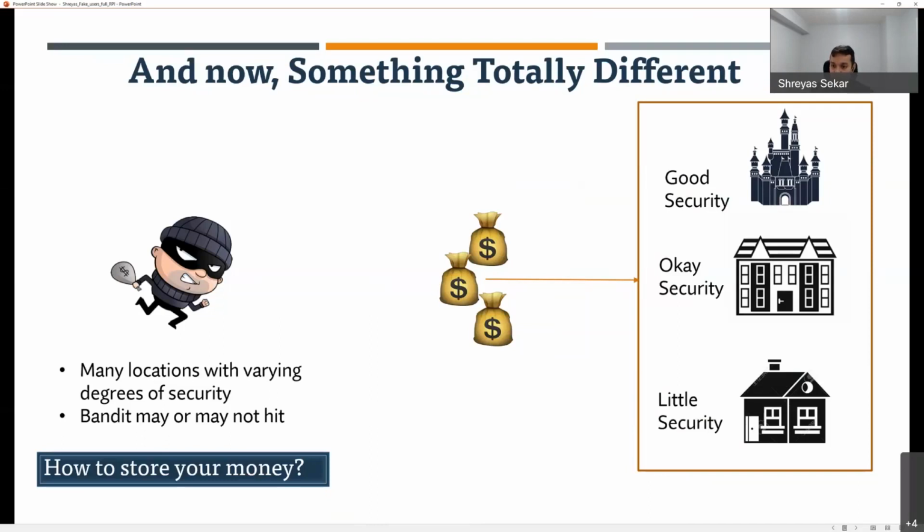So I'm hoping that some of you can chime in on chat or by unmuting yourselves. But the question I want you all to answer is, if you had money to store in these 3 places, how exactly would you distribute the money across the 3 places? Or would you put all of this in one place if your goal is to minimize your worst case loss? Again, there are no wrong answers, so feel free to take a stab at it.